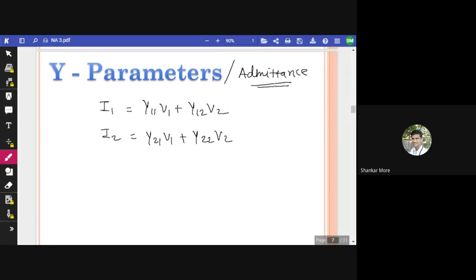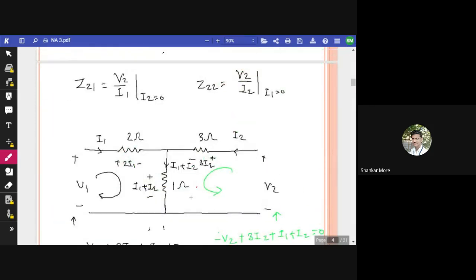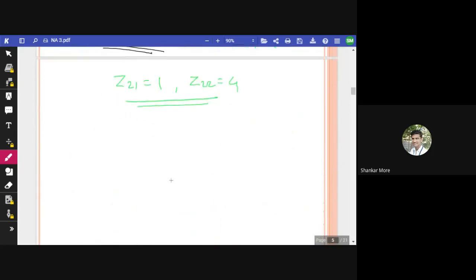Okay, we can say the Y parameters are the reverse conductance parameters, the opposite of resistance. So here the basic structure of these Y parameters will be I by V. ओके, Z पैरामीटर्स में कैसा था? V by I था, लेकिन Y पैरामीटर्स में अभी कैसा रहेगा? I by V रहेगा. One more thing I forgot to tell you in Z parameters or in any other parameters. One thing you have to remember is,